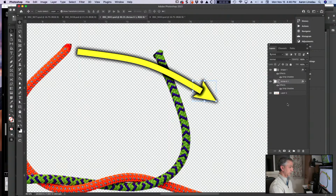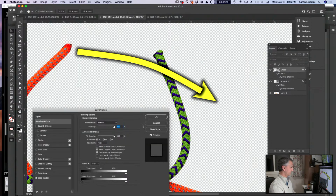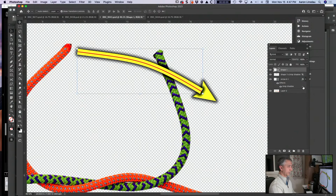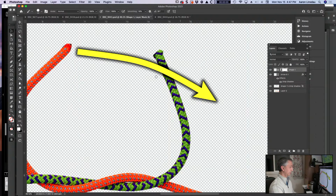Arrow. Good. Drop shadow set. And then create the drop shadow layer. Good. Change the shape. Generate a mask. Cut it out there. And then...